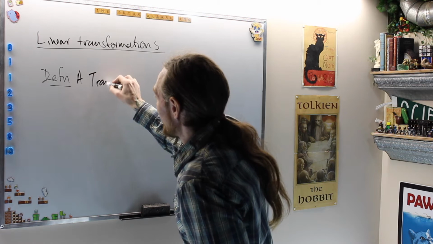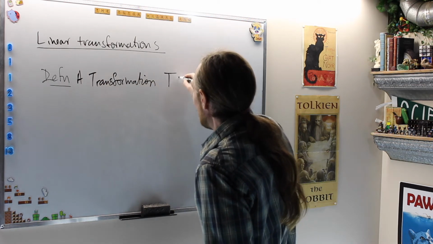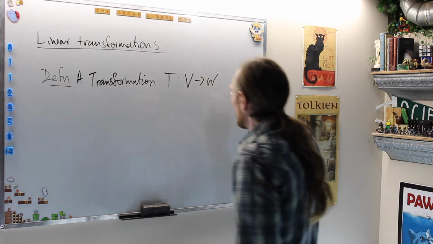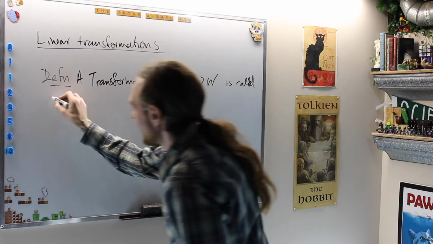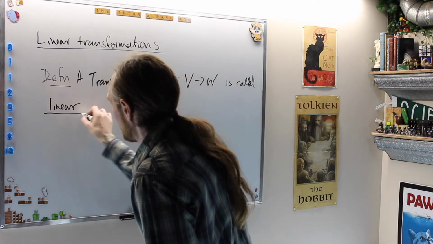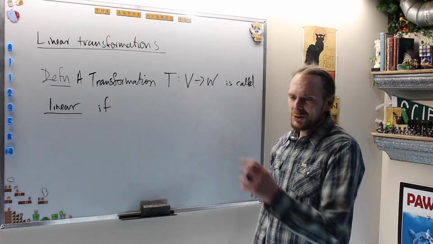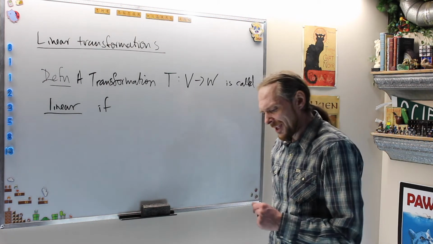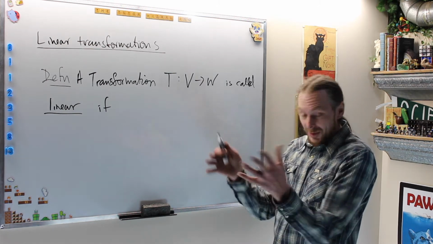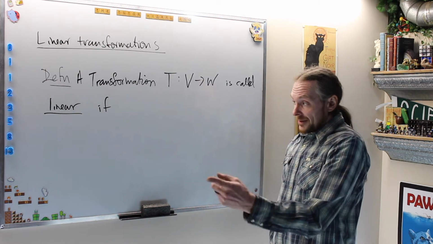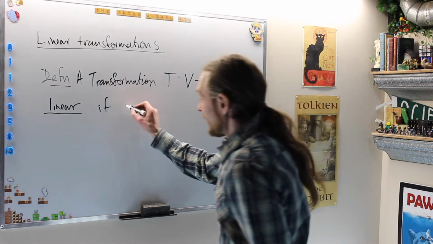A transformation T from V to W is called linear if, I'm going to phrase it as two axioms. You can show in a theorem that this is logically equivalent to having one axiom, which is slightly lazier, and they jam it all together. But as students at first, you definitely want to check the two conditions. One,